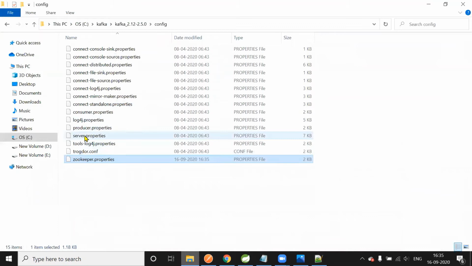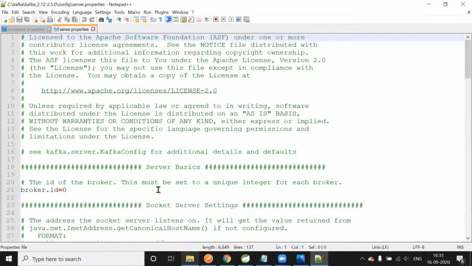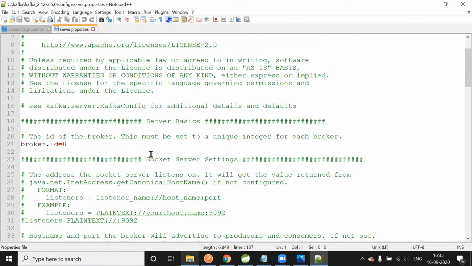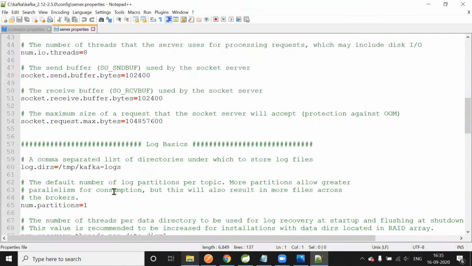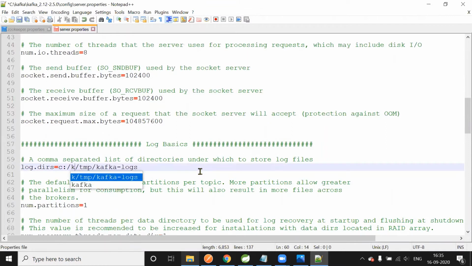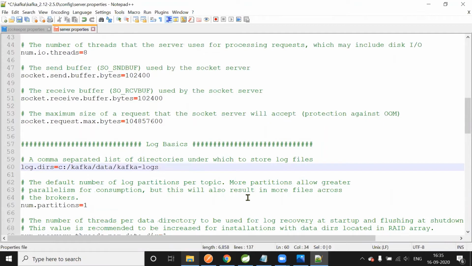Similarly, let me open the server.properties file here. This belongs to Kafka. There's a broker ID 0. This broker ID must be unique when you're starting multiple brokers. Similarly, the default port of Apache Kafka is 9092. Even though it is commented by default, this is the port. Anytime you want to change the port number, we can uncomment it and change it. Here, once again, it is pointing to log directories /tmp/kafka-logs. So let me put C: here, C:/Kafka, inside the data folder itself, we'll have the Kafka logs. Let me save this file.